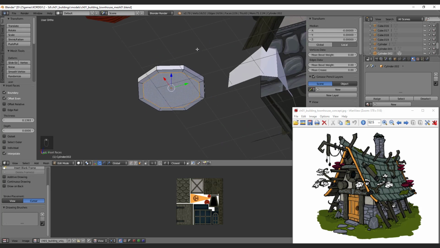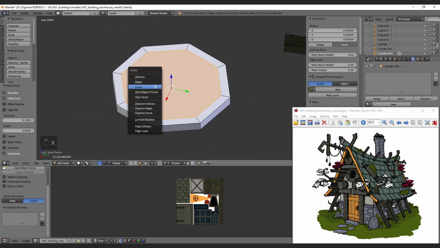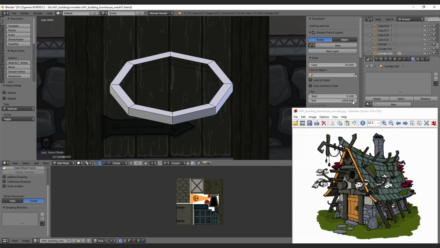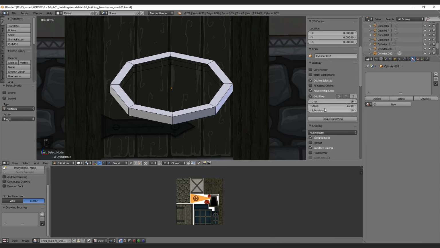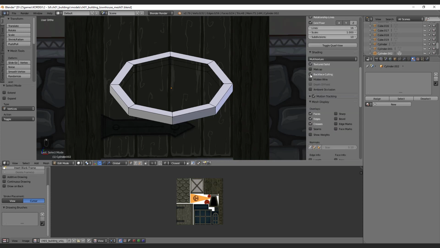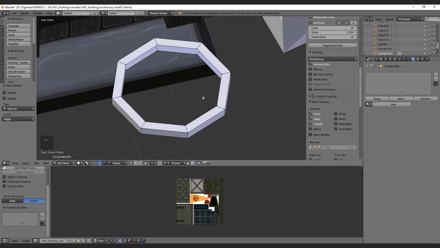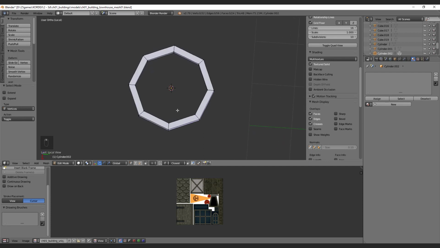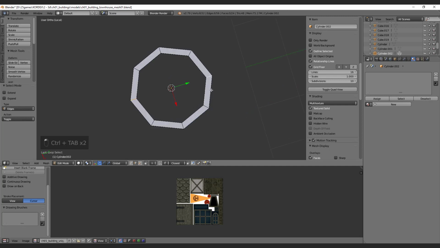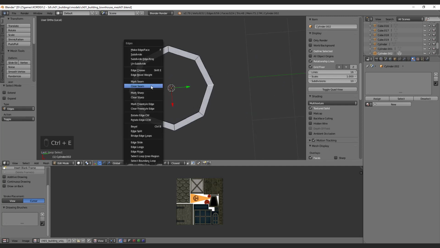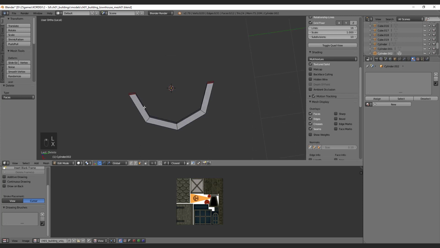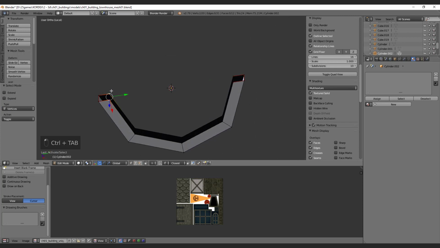Probably something like this. Looks good. So now I have inverted this, delete faces, and let's disable backface culling, so I see everything. 1, 2, 3, and if I now select 1 and 2, if I mark seam and delete this one, I have a circle, and now I want to